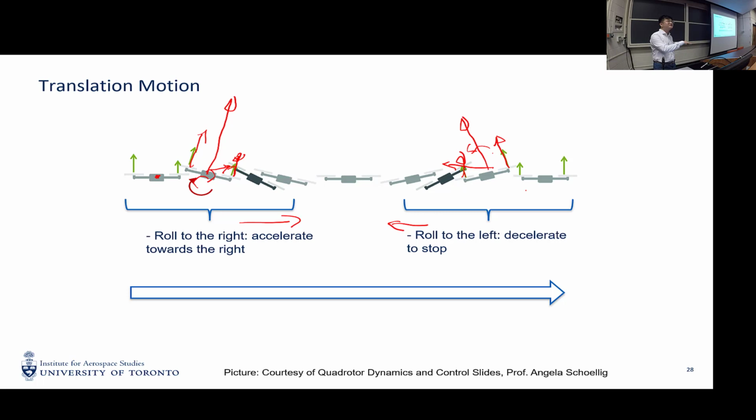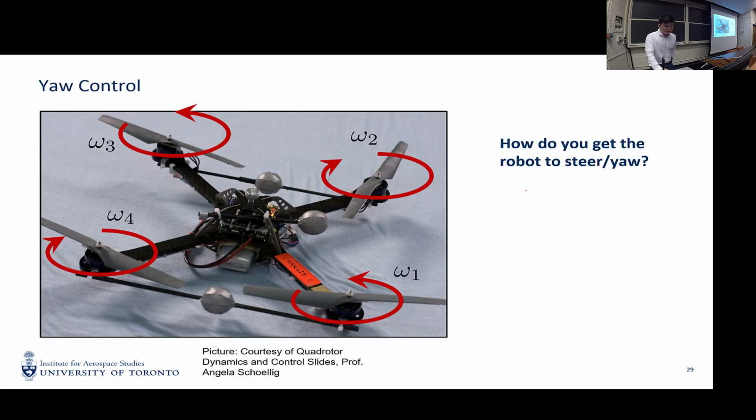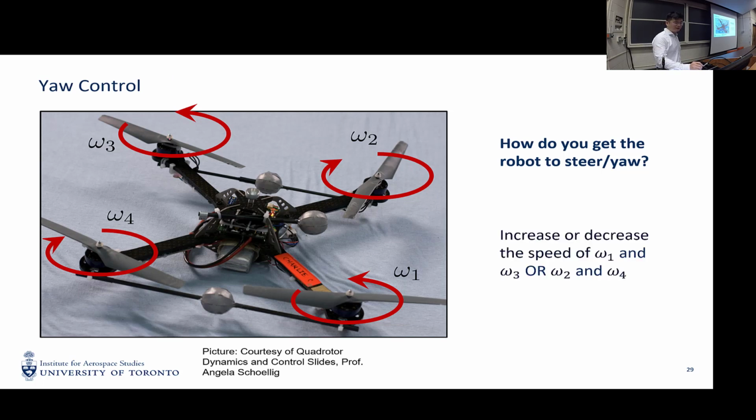So any questions? Good. So what about yaw control? If we want to control the yaw, we need to control the torque directly. So basically, what we need is to increase the spinning angular velocity, for example,